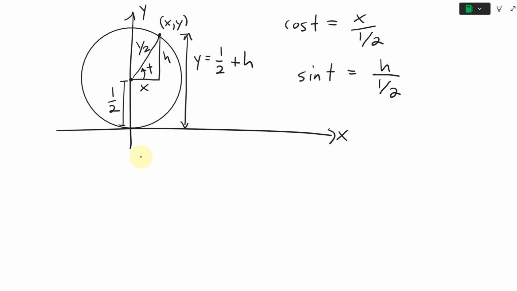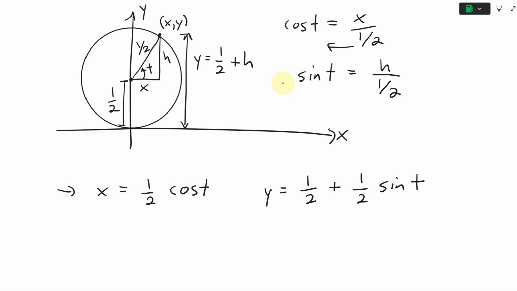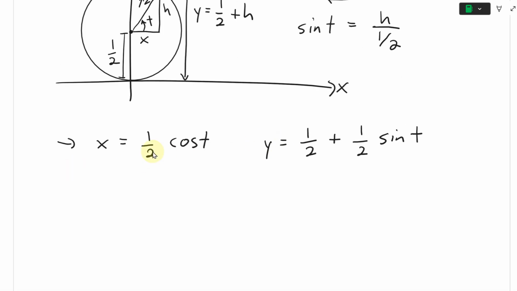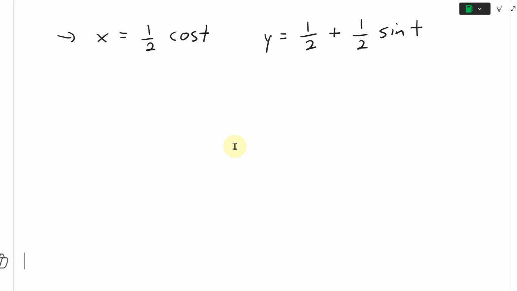So then our parametric equations are, moving this over to the other side, x equals 1/2 cosine t, and y is equal to 1/2 plus h, where h is equal to 1/2 sine t. All right, so now that we have these parametric equations, we can plug that into GeoGebra, but before that,